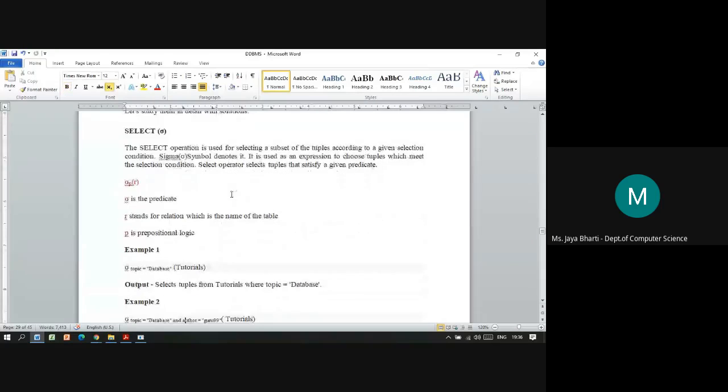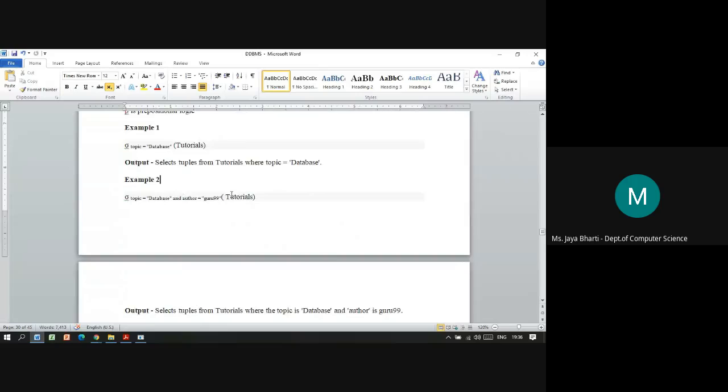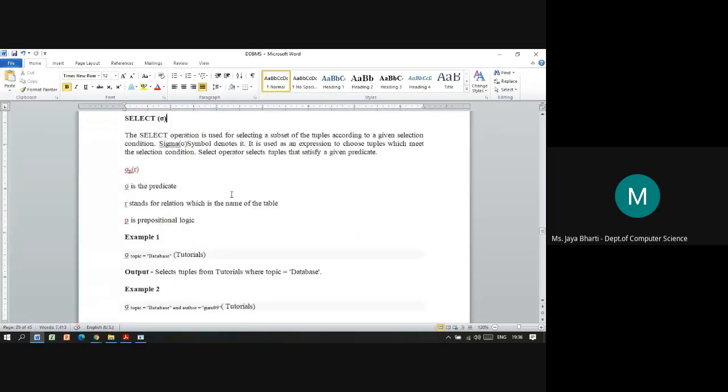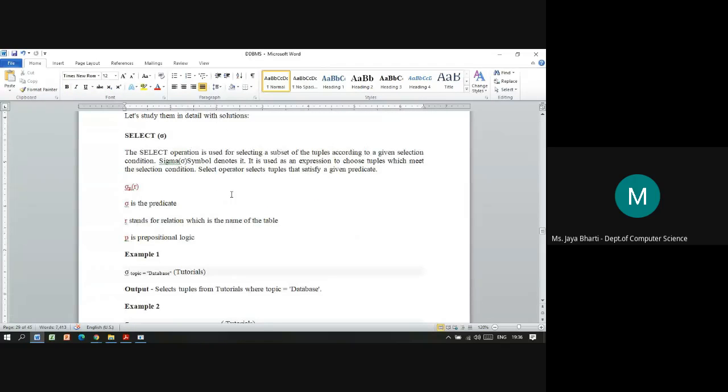Now select is an operation which is used for selecting a subset of the tuples according to a given selection condition. A subset of tuples means what? As you people are familiar with SQL, it is basically the command.